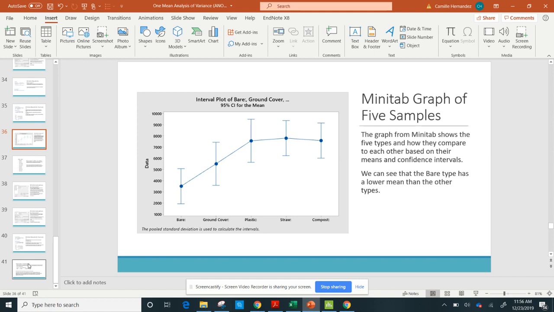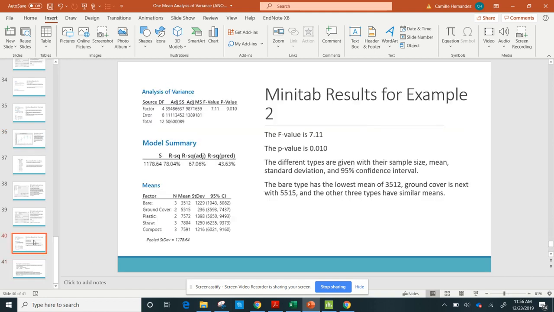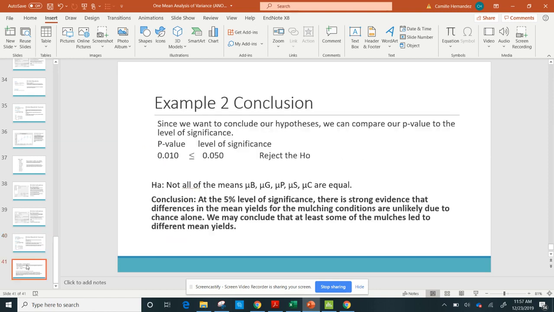I've got all my stuff, so let me go over my conclusion. All right, so remember, my F value was 7.11, P value is 0.010. All right, so I go here. 0.010 is less than or equal to 0.050. So because P value is less than my level of significance, and again, if that is confusing you, always remember